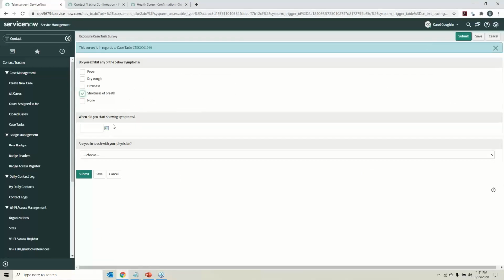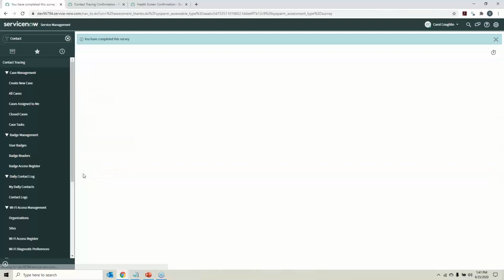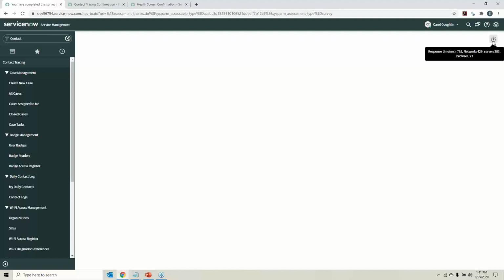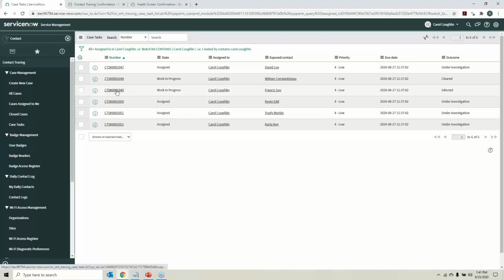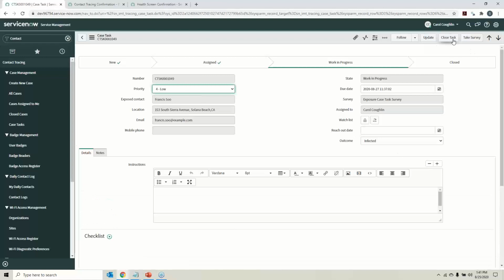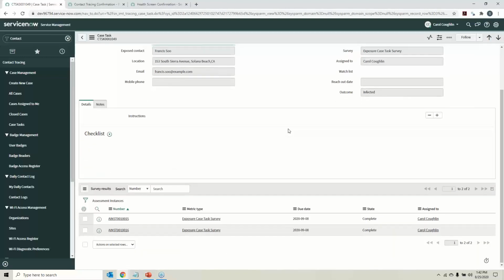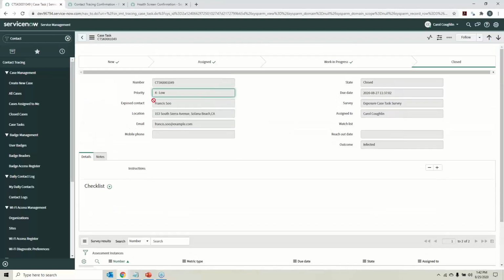I don't know why it does that. That's an odd behavior from the system here. I don't know why it keeps doing that. And we'll close that task. So now Francis Sue